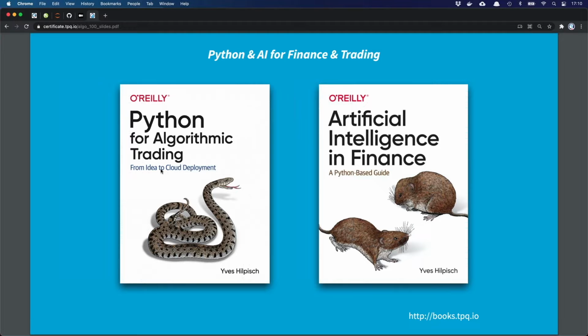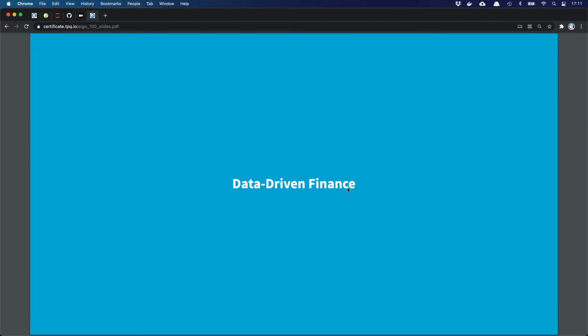The other book is going deeper with regard to the prediction part of algorithmic trading, AI in Finance. So the two of them together, I think, can be used pretty well alongside each other. There's one chapter here about market prediction, and this is the whole book about this topic. So going much, much deeper.